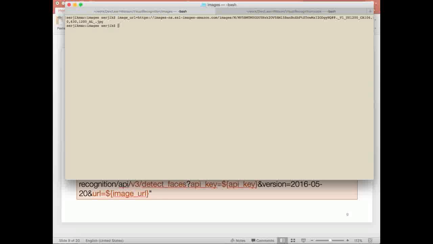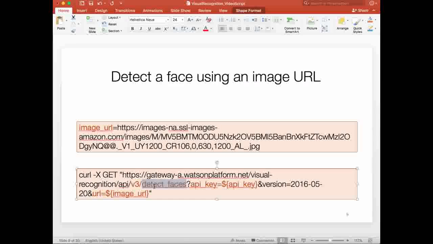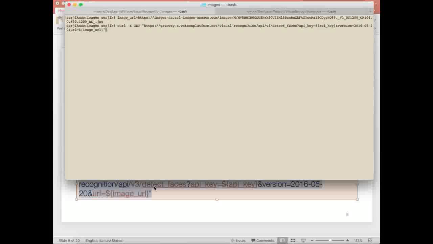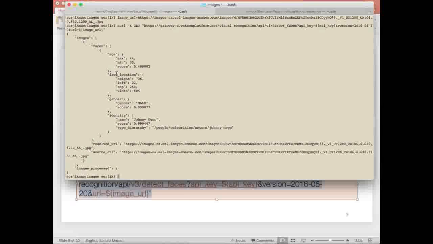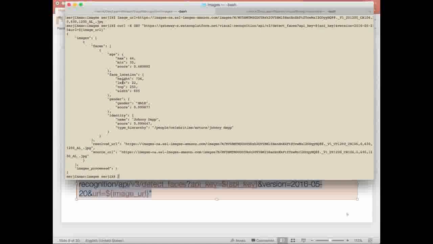Let's copy this image URL into the image URL environment variable, and essentially everything is the same as before, except instead of using classify, we are going to use the endpoint called detect faces. So the Watson service is trained with a number of celebrity faces to detect. First of all, it's going to come back with some general information about a person, so an age, min, max, with a certain score, and then it's going to provide the coordinates of where it detected the face in that image. So it provides the height and width of that rectangle,